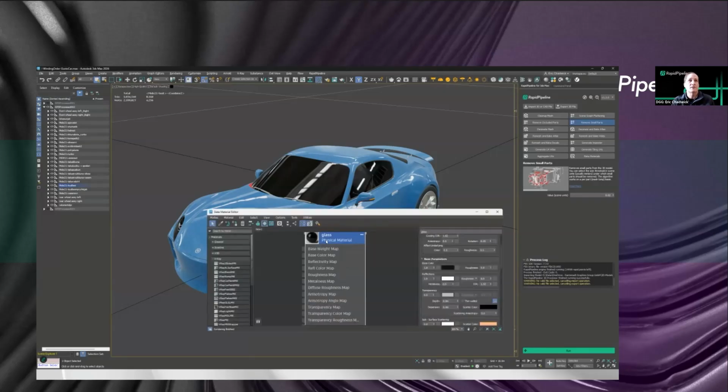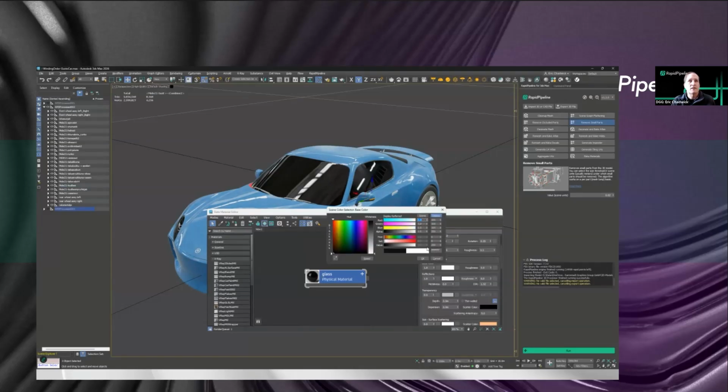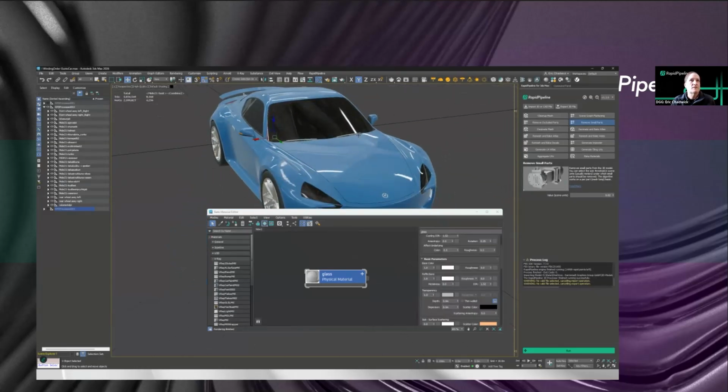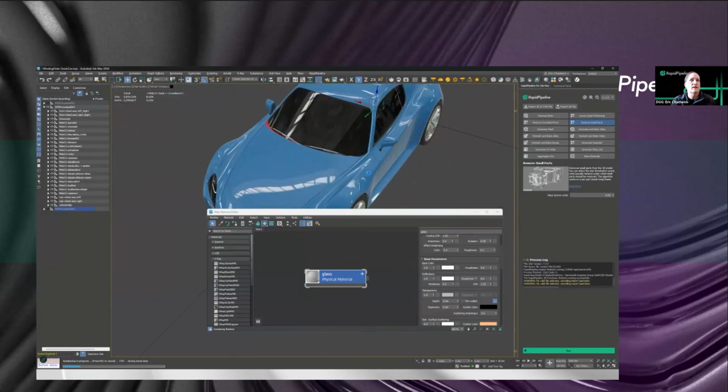So let's go back to the material and reset up that glass. Let's make sure I've got the right material. Is that the glass that's on this? Yes, it is. And this time I'm going to set the color to white. I'm going to turn on transparency. So now it is proper glass. Once again,